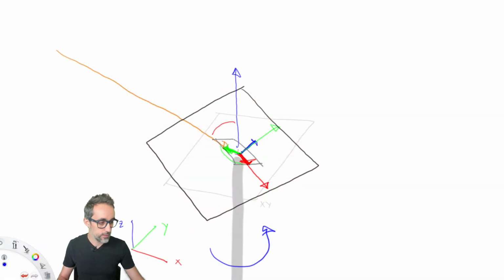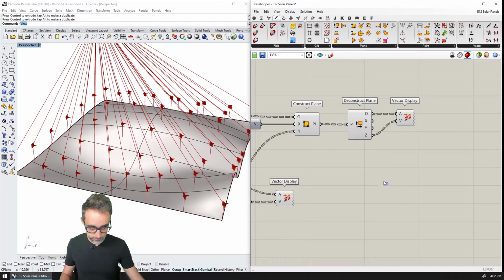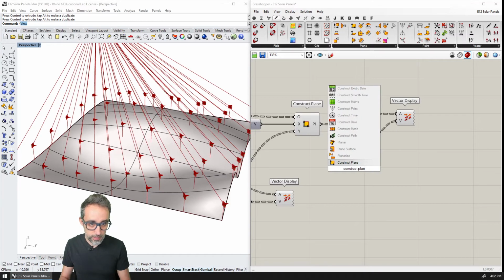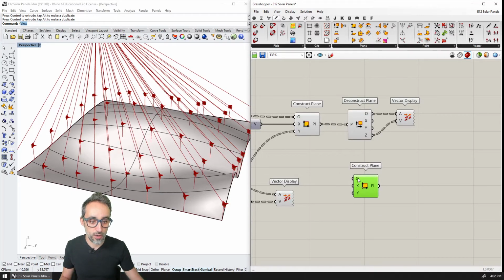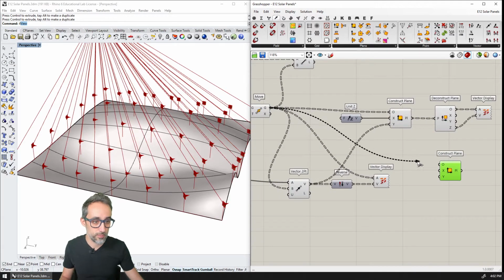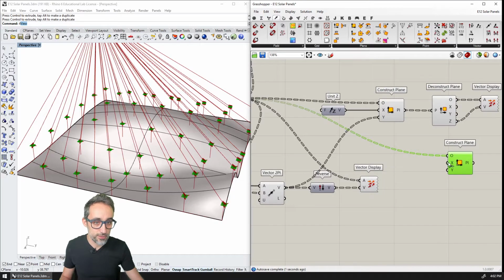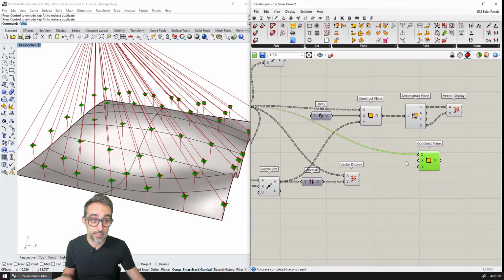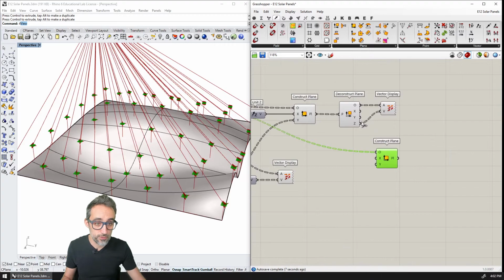So we said that we need to generate a plane that has the main direction x pointing towards the vector that we generated before, and the secondary direction y pointing towards the sun. So let's construct another plane. The origin is going to be the same point, the point at the tip. The x orientation is going to be the vectors that we just found before. So those are the normals here. So those are these vectors. And y is going to be the sun vectors.